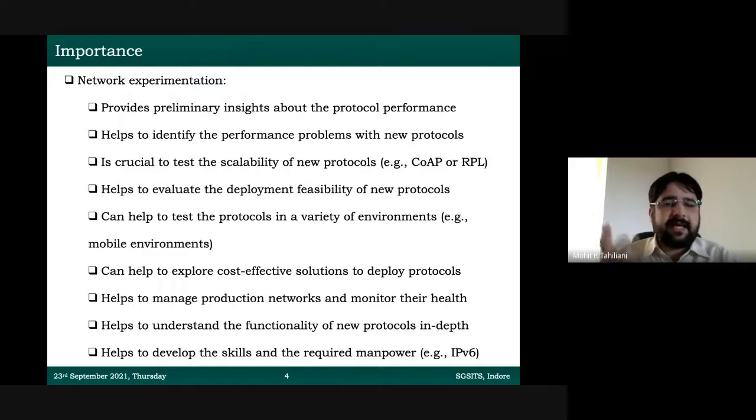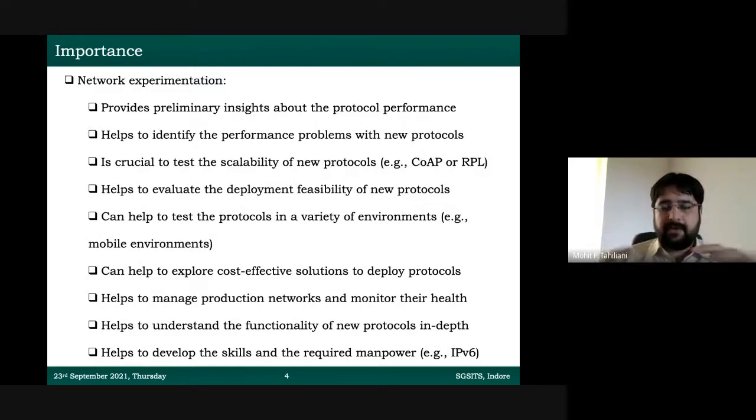Otherwise, where is IoT used today? Where is it not used today is the question. It's used everywhere. Even people want to perform surgeries remotely. So the doctor is in a remote place performing a surgery on a patient who is several kilometers away, several hundreds of kilometers away.